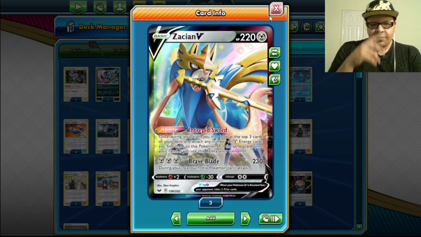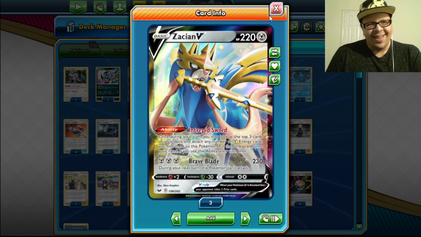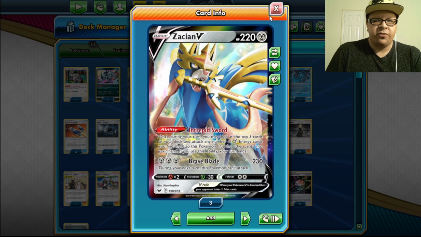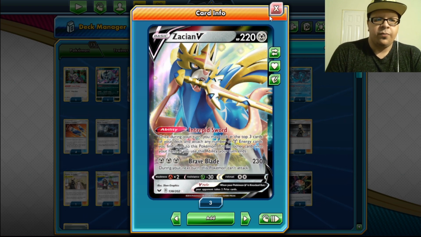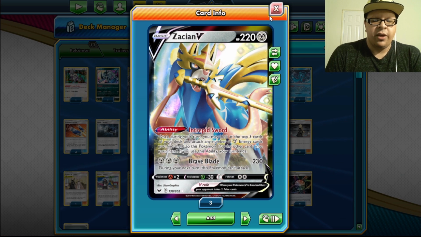in the meta. Intrepid Sword means that there's a new supporter rule. I should probably mention that. That means you can't use a supporter if you're going first in the game. So if you're going second, you can use a supporter, but you can't on your first turn. So if you're going first, Zacian kind of gets around that, so you can have a little bit more consistency while drawing without having